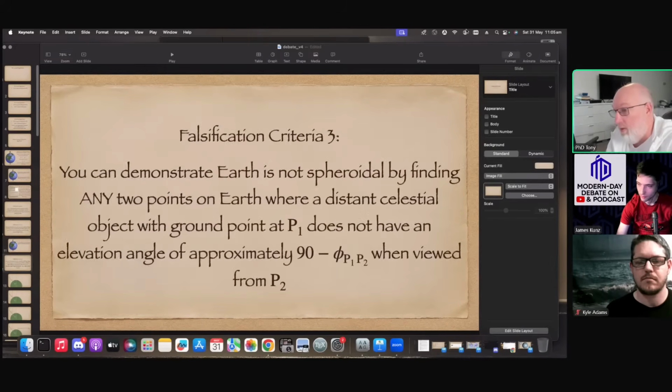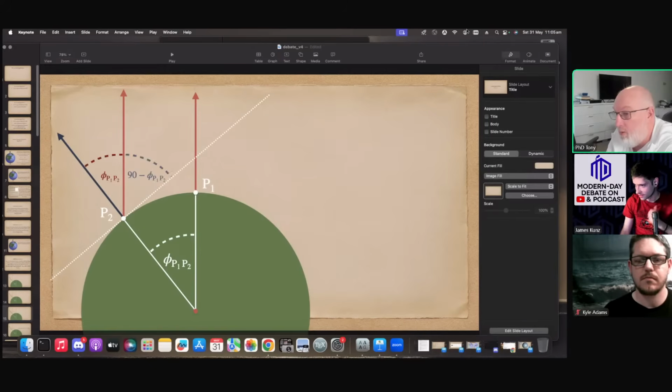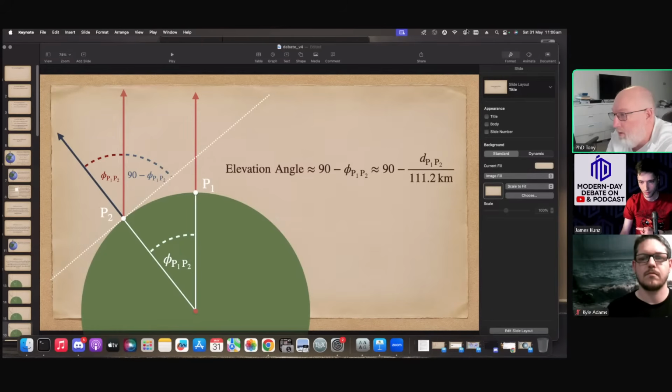Falsification criterion 3: you can demonstrate the Earth is not spheroidal by finding any two points on Earth where a distant celestial object with ground point at point 1 does not have an elevation angle of approximately 90 minus the angular separation between them when viewed from the other point. To illustrate this, if you've got a celestial object that is above point 1, then in order to look at that object from point 2, the angle that you need to look above the horizontal can be found using simple grade 10 geometry. So we know that the elevation angle is going to be 90 minus the distance between the two points divided by